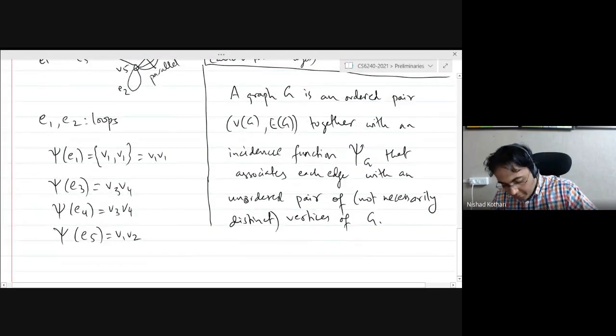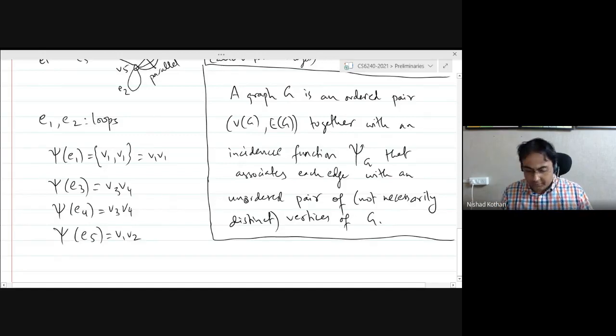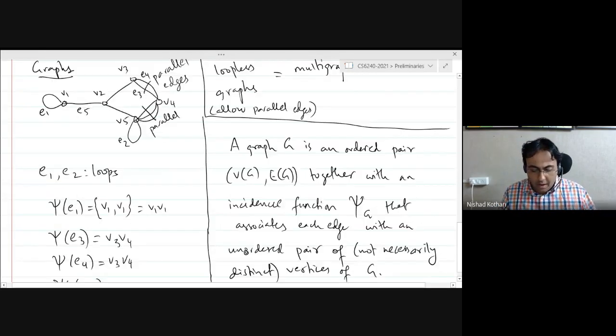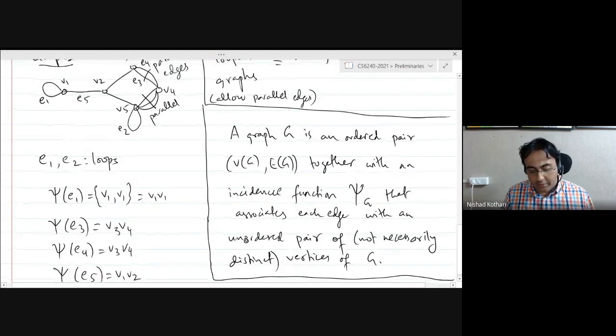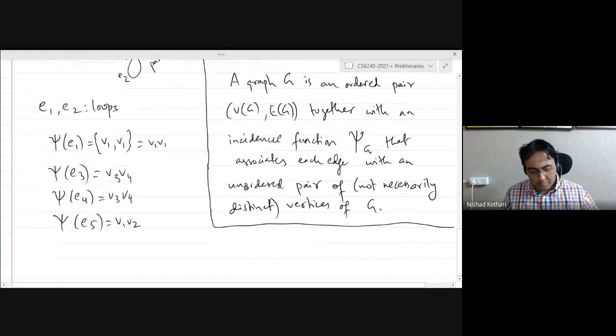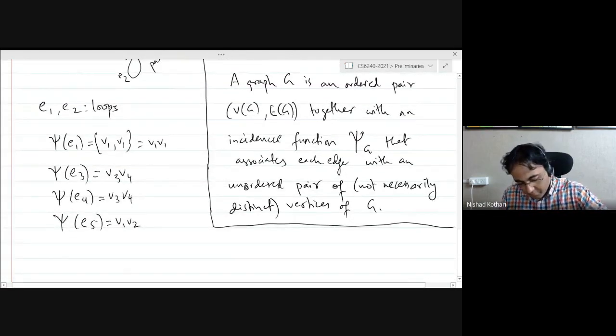Okay, good. All right. So then this is the complete definition of a graph for this course. We will hardly be using this definition except for the sake of completeness. Generally, when we are dealing with proofs, we will not be having any function psi. We will be using words, and many times we will just be dealing with simple graphs. So parallel edges and loops will not even matter. Okay? But if you want to be really, really rigorous, then this is the definition.